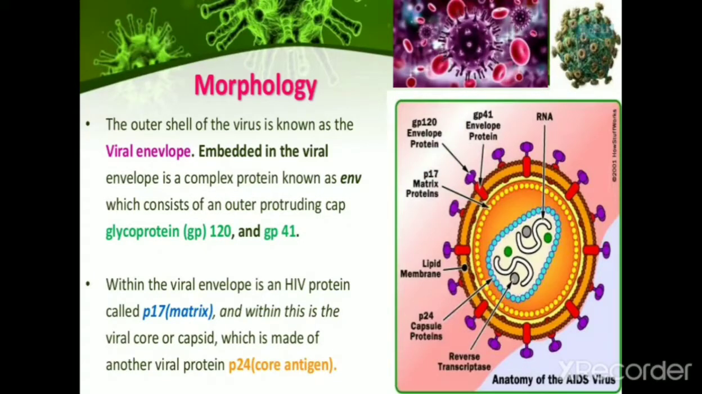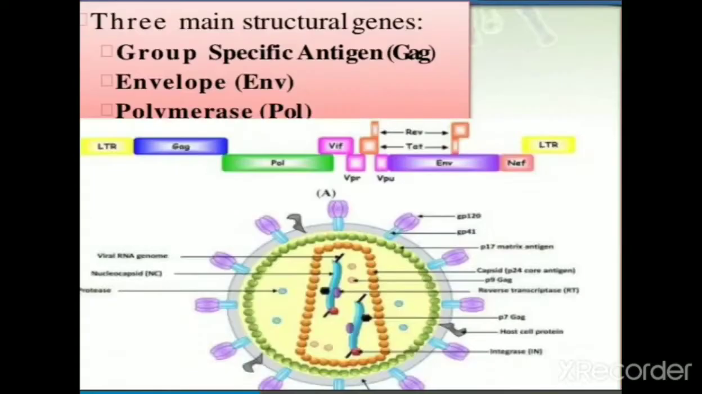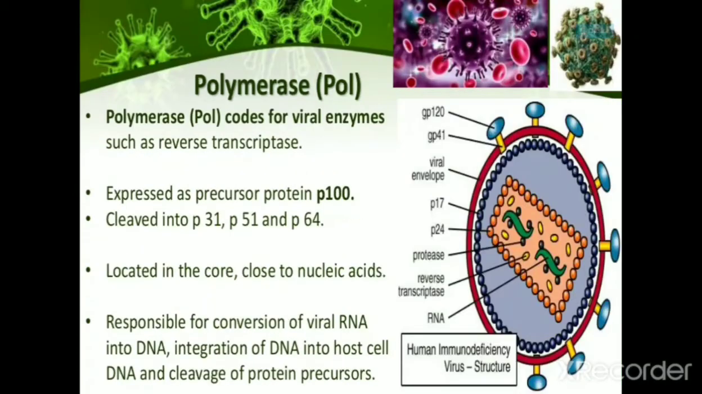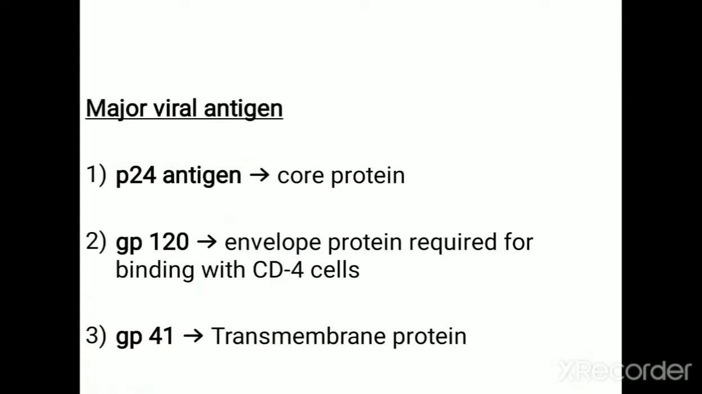And the second glycoprotein is known as glycoprotein 41. So what is the function of this glycoprotein 41? This glycoprotein 41 acts as a transmembrane protein that is required for the transport of the viral genome to the host cell. So these are the major viral proteins. All these proteins act as antigen molecules which initiate an immune response within the host. So the major viral proteins are, one, the core protein, that is P24 protein or P24 antigen, and the second